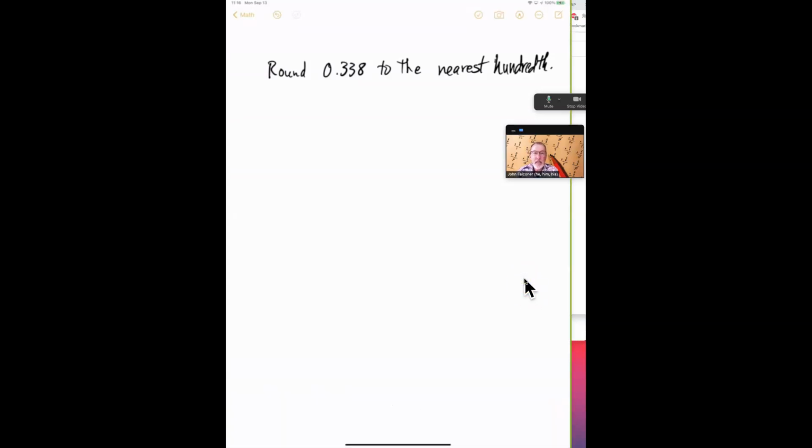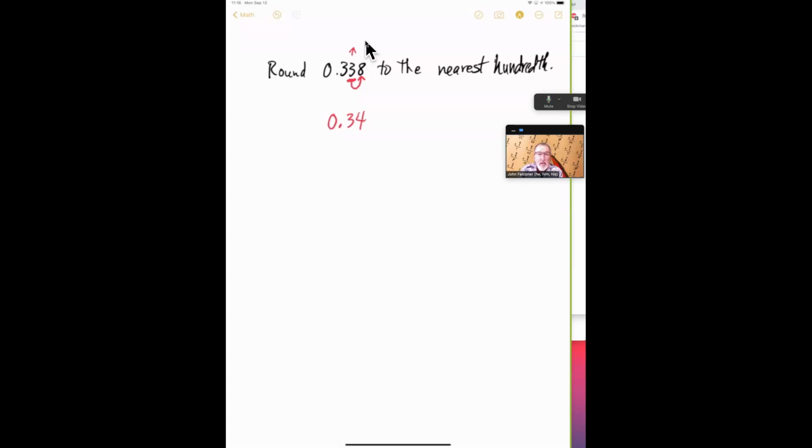And I've copied out the problem here. We're going to round 0.338 to the nearest hundredth. So you need to know where the hundredths column is. And if you check that chart, you'll see it's this column here. It's the second column, 2 places to the right of the decimal point. And the rule is to look at the number on that number's immediate right. And if that number on the immediate right is 5 or higher, then this number goes up by 1, right? It increments by 1. So this 3 will become a 4. So to round that to the nearest hundredth, we're going to say